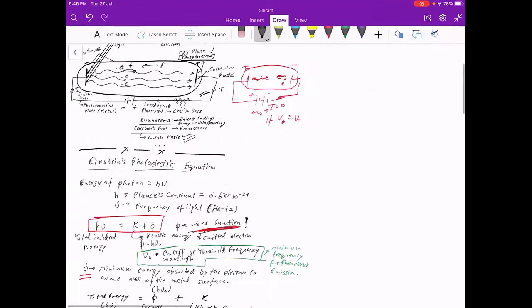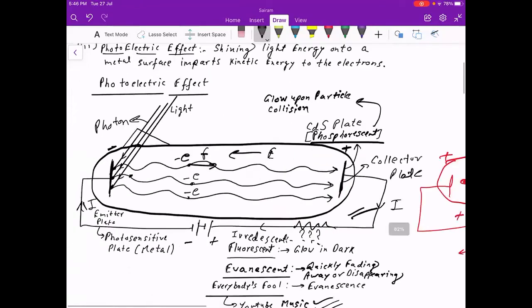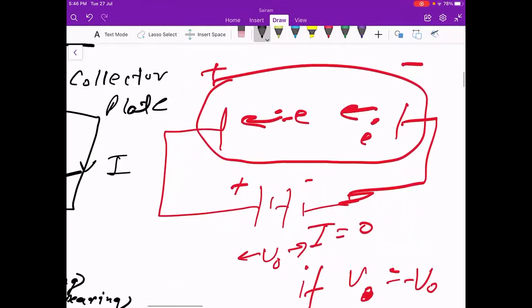So if you want the electron to not reach the collector plate, you cannot have a positive potential on the collector plate because the electron is negative. Then you need this kind of a system where the polarity is reversed and electrons are actually attracted back to the emitter plate. So in that particular scenario, you will actually be able to stop the electrons totally from reaching the collector plate, right? Are you able to understand?